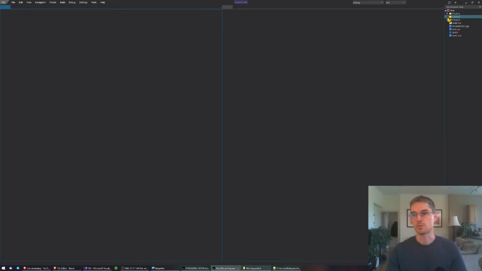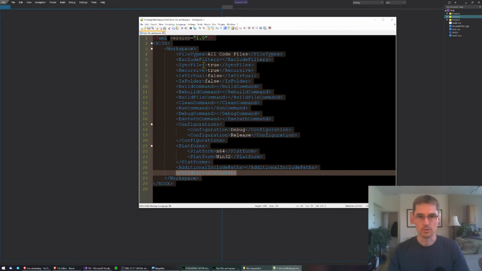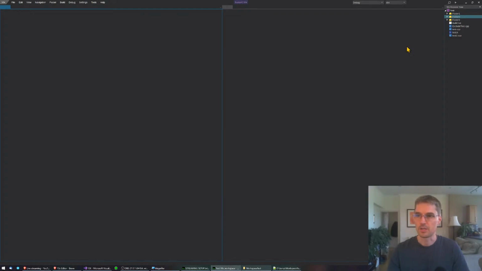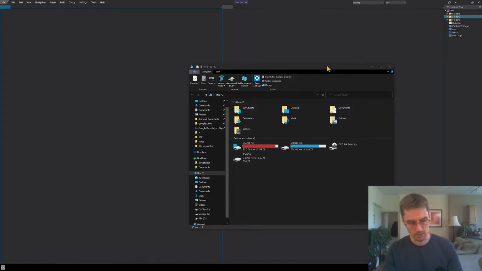To keep this fast, because when you've got a really big workspace and sync files set to true, obviously that could be quite slow because it has to trawl through potentially thousands and thousands of files and folders on your disk before it opens. So what I do is I actually store this off in a cache. It stores out a binary file, just in case you ever need to